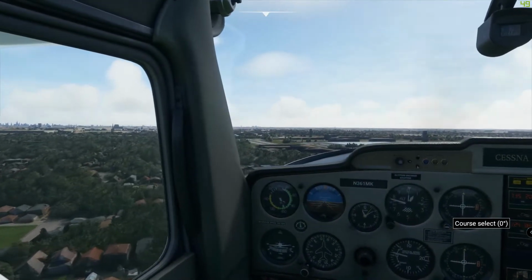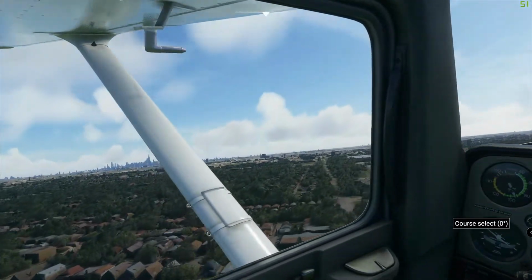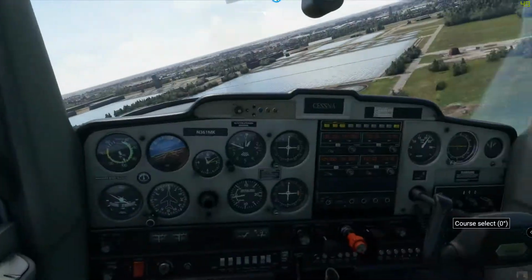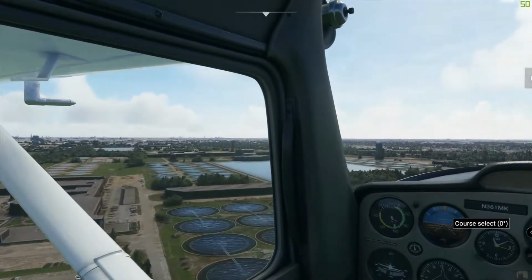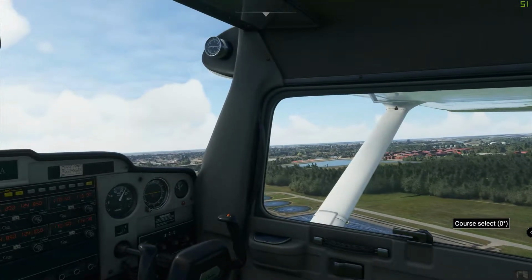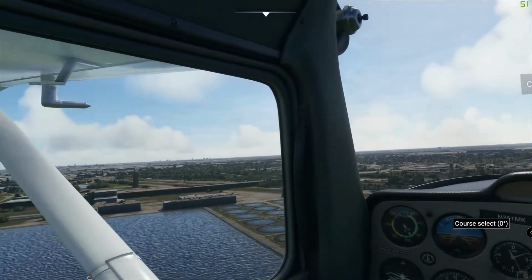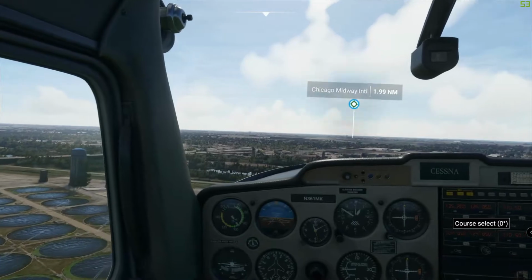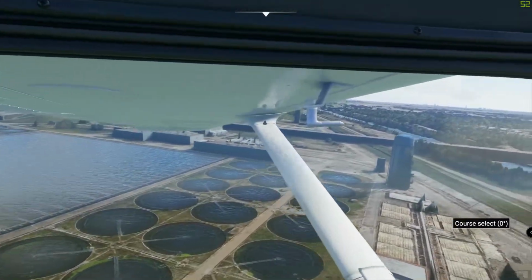After all that, we are still heading south, getting back down here to Midway. And I guess this is all kind of sewage treatment I go over. That's a great thing to showcase. That's Chicago, a lot of sewage. Yeah, here we go back over that canal again, and we'll get down to Archer and